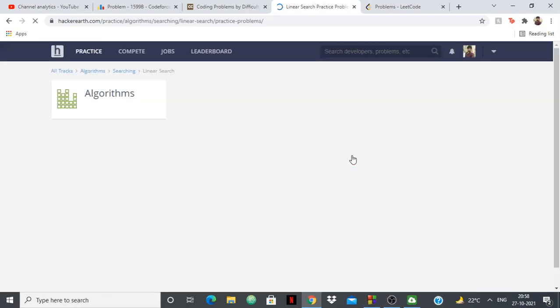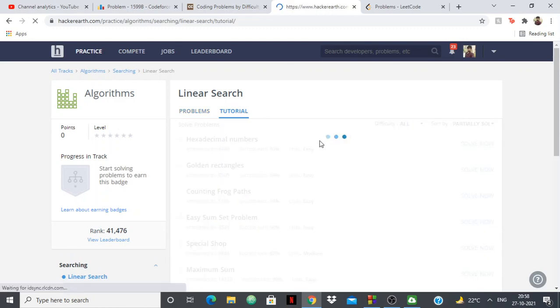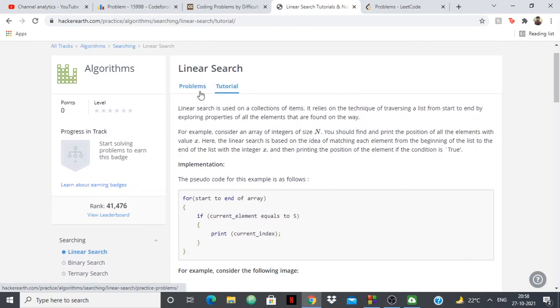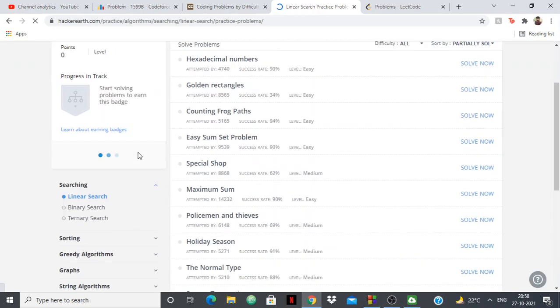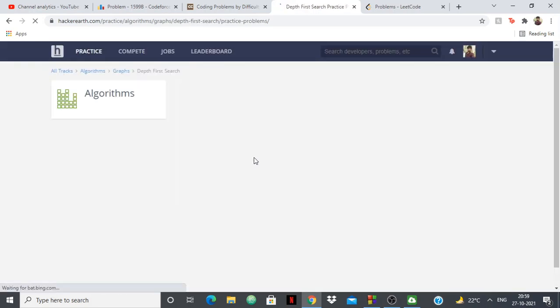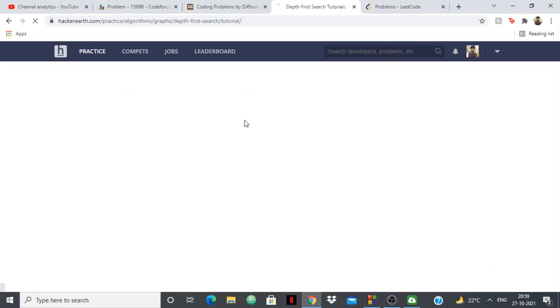So let me just show you quickly. For example, if it's linear search, then they have a tutorial about linear search which you can read, which is very beautifully explained with pseudocode, and then you can solve the problems based on that. Okay, likewise for every algorithm like binary search, sorting, greedy algorithm, graph. For example, if you have DFS and you want to learn DFS, then you can learn the theory of it from HackerEarth itself, and they even have a visualizer,